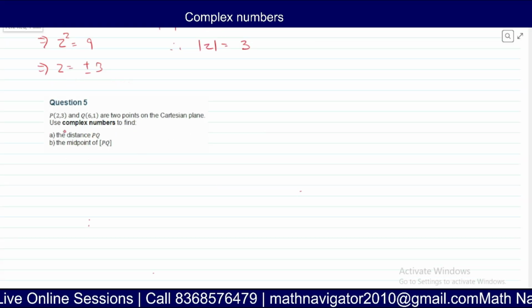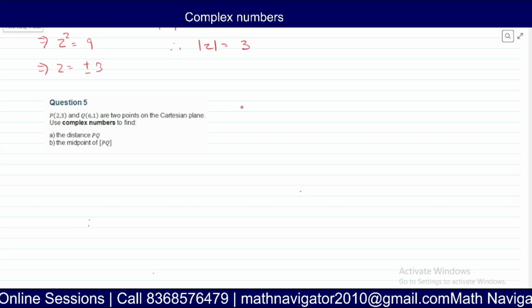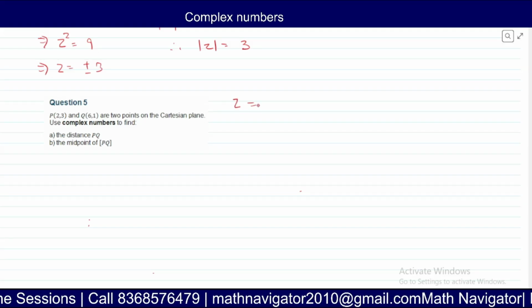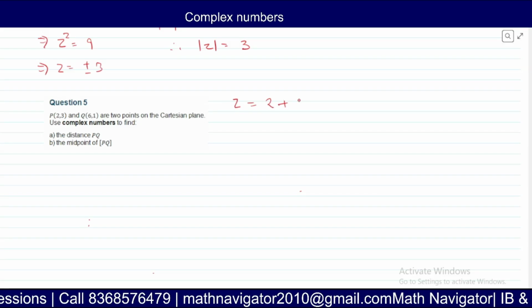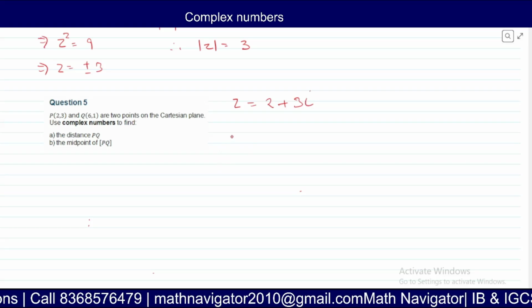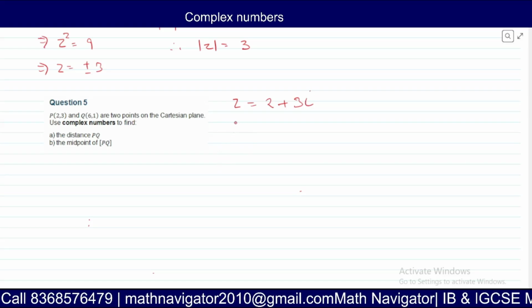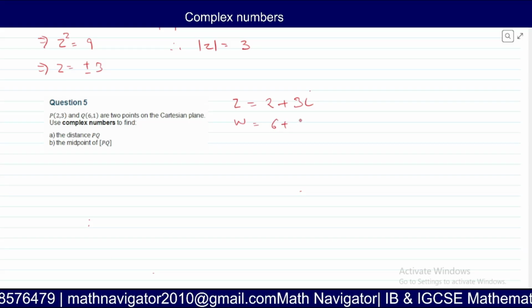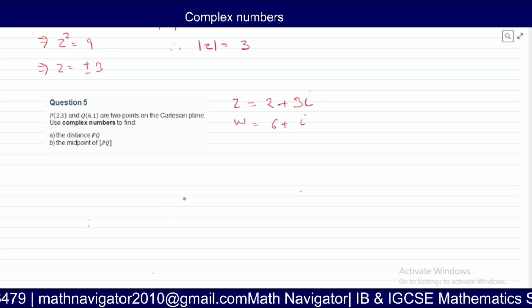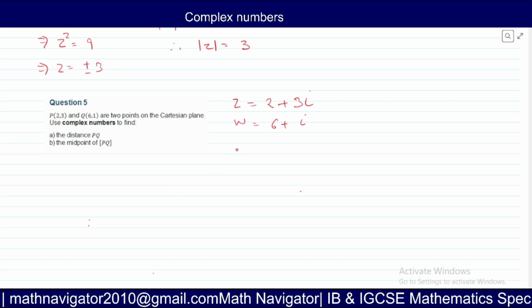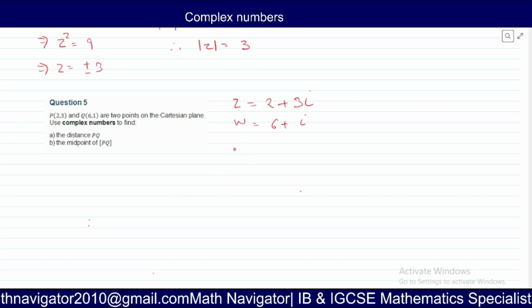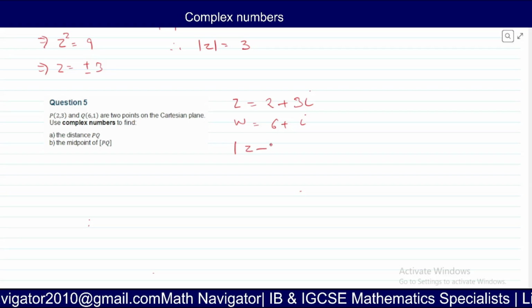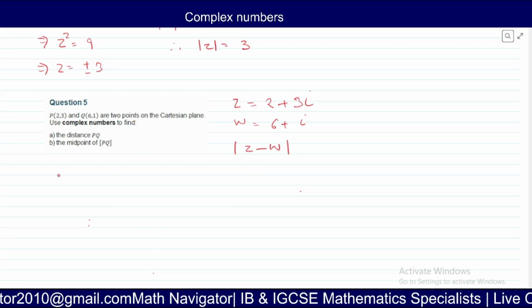Let's start this question. So P can be written as z is equal to 2 plus 3i, and Q can be written as w is equal to 6 plus i. So if you want to find the midpoint, first we find the distance. So distance will be given by magnitude of z minus w, which is,